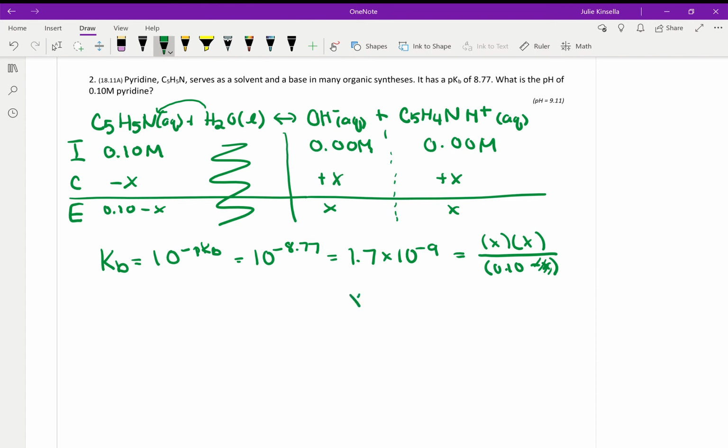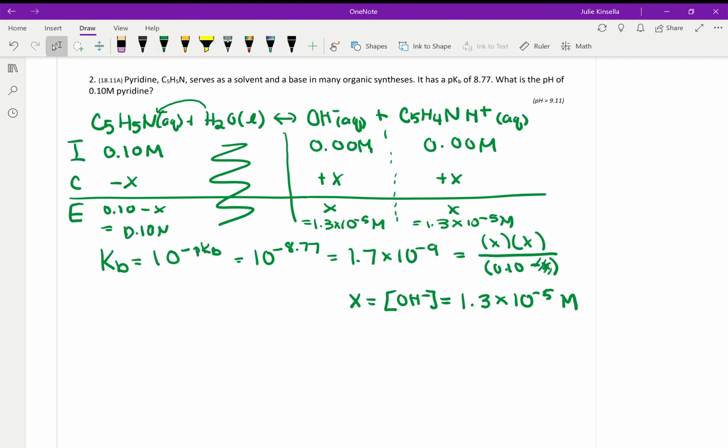So when you solve for X here, remember X is going to be your concentration of hydroxide. And keeping to the 2 sig figs, I get 1.3 times 10 to the negative 5. So I'm going to go ahead and just fill that back in up here. And then with this one, I think you get something like 0.0999. So when you round it, you still get your 0.10. Also, I'll do the check right now. When you fill it in, you actually get just 0.013%, which is definitely less than our 5%. So that checks off for